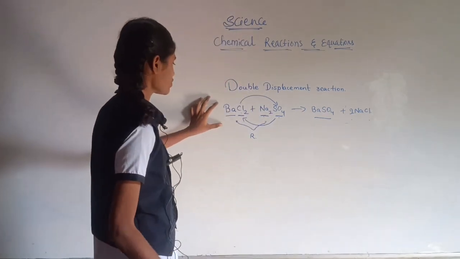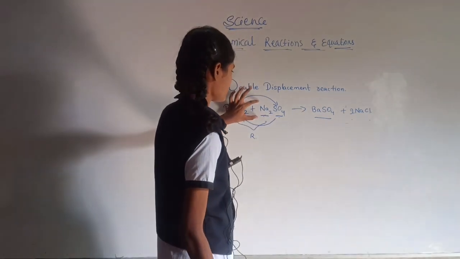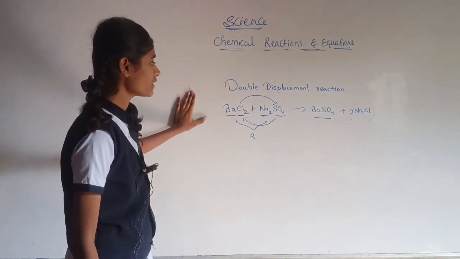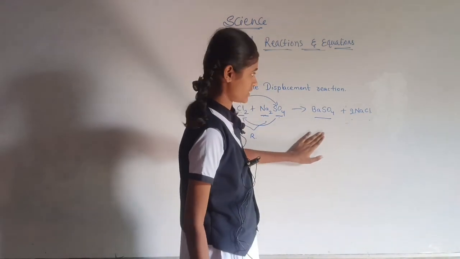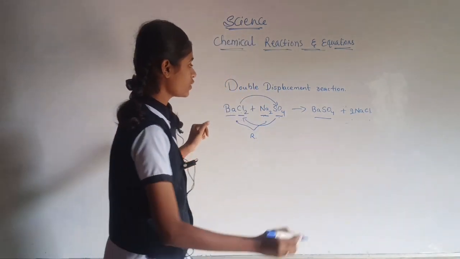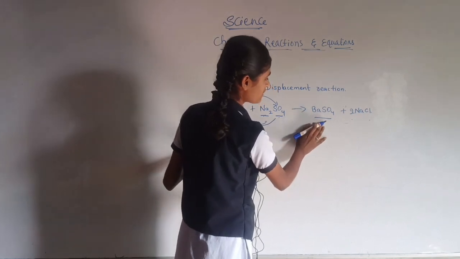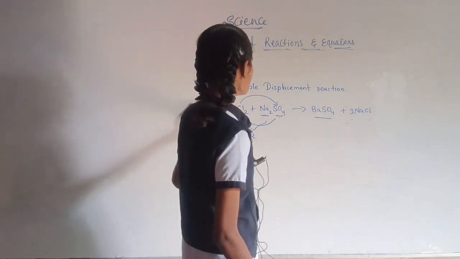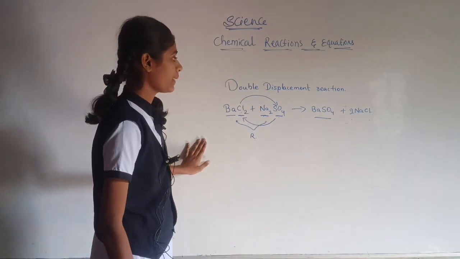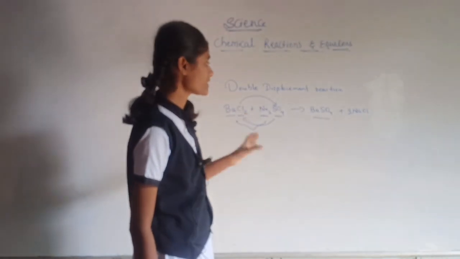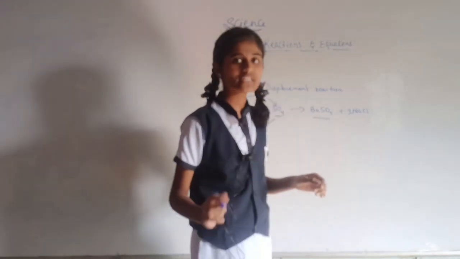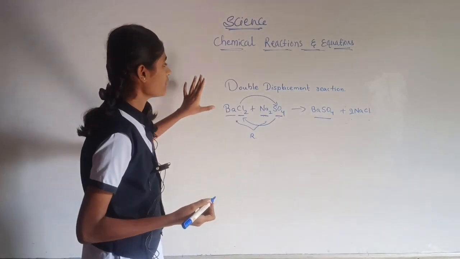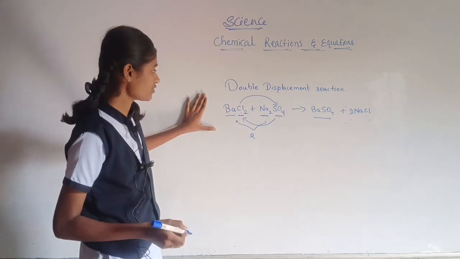Mainly it is a solution of barium chloride and a solution of sodium sulfate, and we also get a solution of sodium chloride. But during double displacement reactions, we get an insoluble substance, also known as a precipitate. Here the barium sulfate is a precipitate, formed in white color. It is insoluble in water. Whenever a precipitate is formed, this type of reaction is also known as a precipitation reaction. So the double displacement reaction also leads to the precipitation reaction.